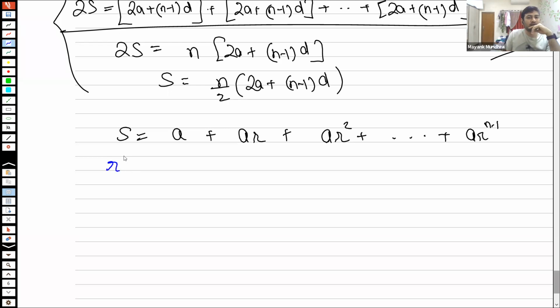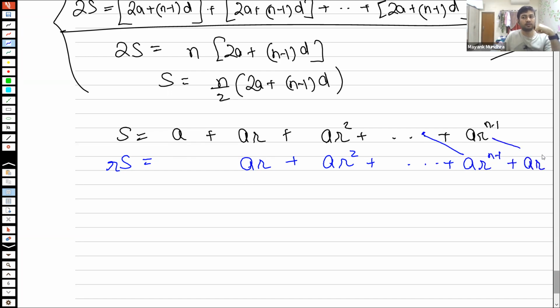So what I'll get is RS equals AR. The first term becomes AR, but I'm not writing it here, I'm writing it here. Why? Because you'll see in a minute. AR square, and so on. The term before this used to be AR to the power n minus 2. That one became AR to the power n minus 1. The term here became this. And this term became AR to the power